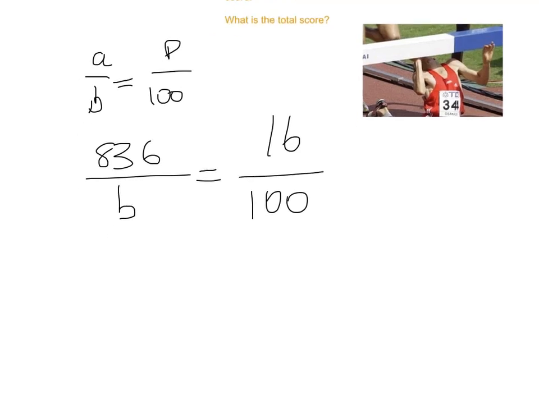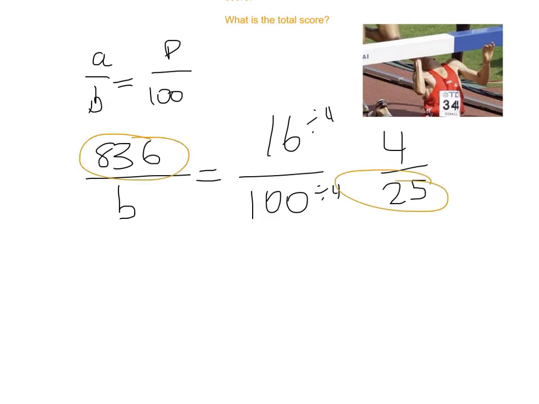Okay, so can I solve for this? Well, yeah. Can I use mental math? 16 to 836, I don't know if I want to try that necessarily, but I can butterfly, and before I butterfly, I can simplify here, okay? So if I divide both of these by 4, I'm going to get, well, 16 divided by 4 is 4 over 25. And we can go ahead and butterfly if we want. 836 times 25 is going to get you 20,900